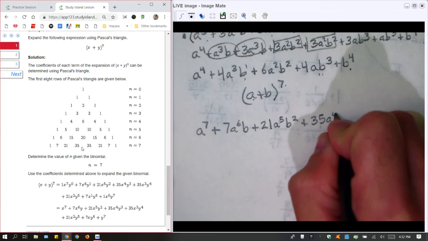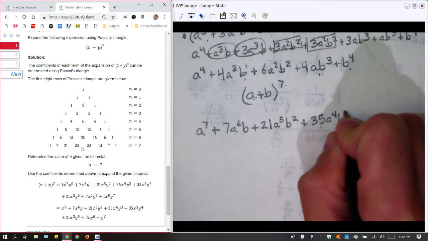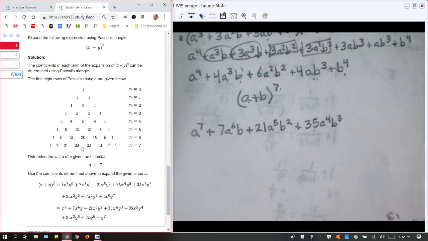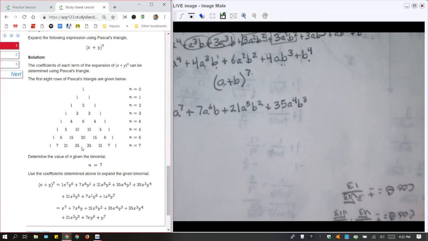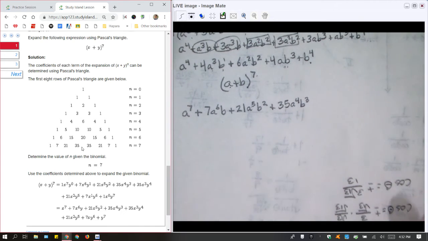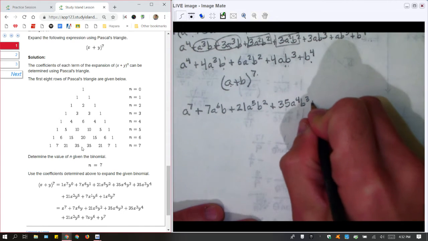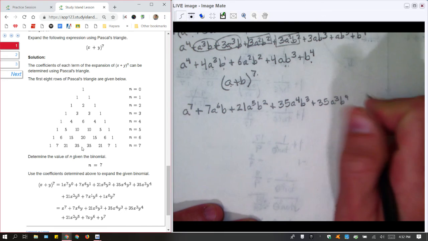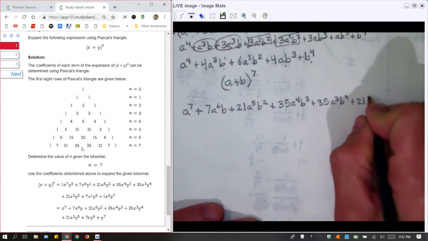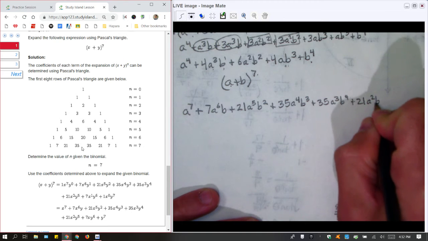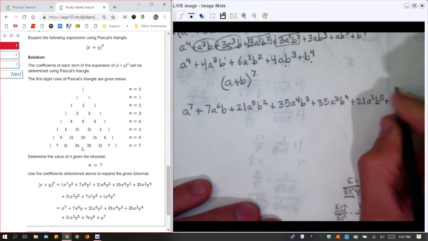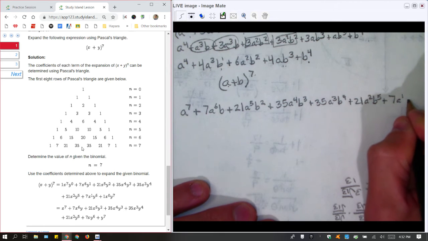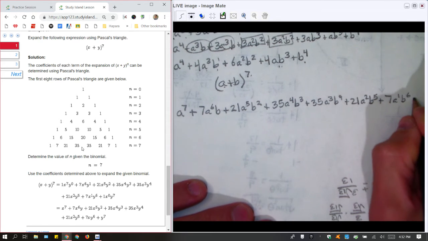A to the 4th power, b cubed. And now we're just going along the other side with these exact same coefficients, but we're slowly changing the exponents one by one. So I've got plus 35 a to the third, b to the fourth, and then plus 21, a squared, b to the fifth, and then plus 7, a to the first, b to the sixth, and then last but not least, I have plus b